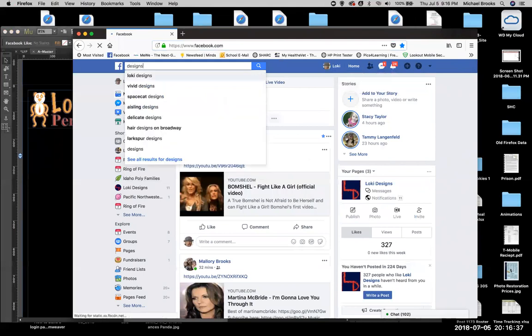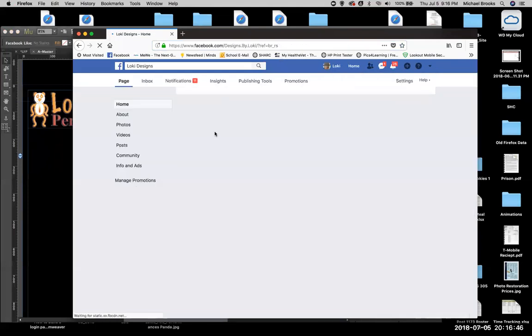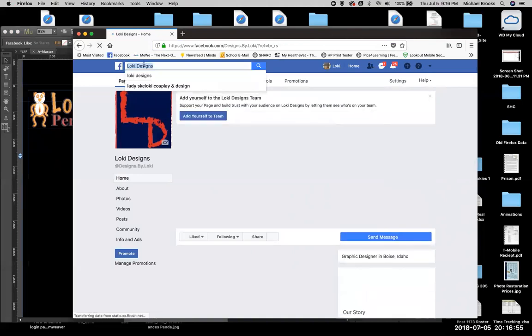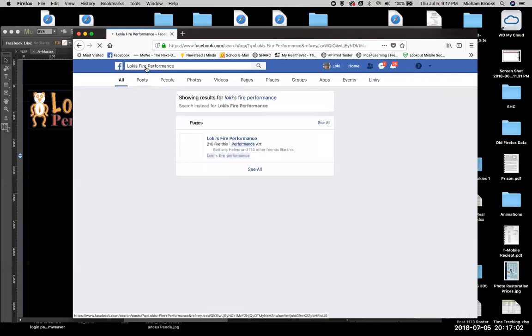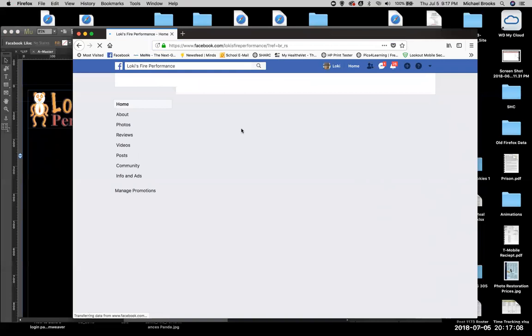Loki Designs. Okay, and there we go. And actually, this is Loki's fire performance page, so I'd be putting that one in there instead. So, Loki's fire performance. There we go. So now, once we go,